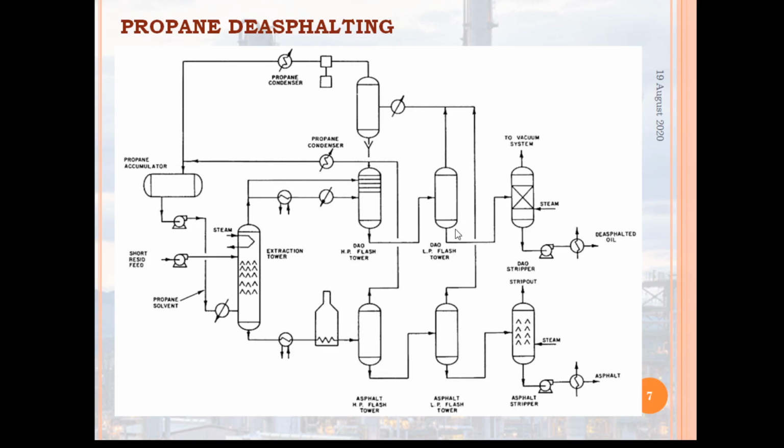Next, the propane deasphalting tower needs to operate at a pressure sufficiently high so that the solvent is in the liquid phase, usually near about 500 psig, as I have already mentioned. The asphalt recovered from the raffinate can be blended with other asphalts into heavy fuels or used as a feed to the coking unit.